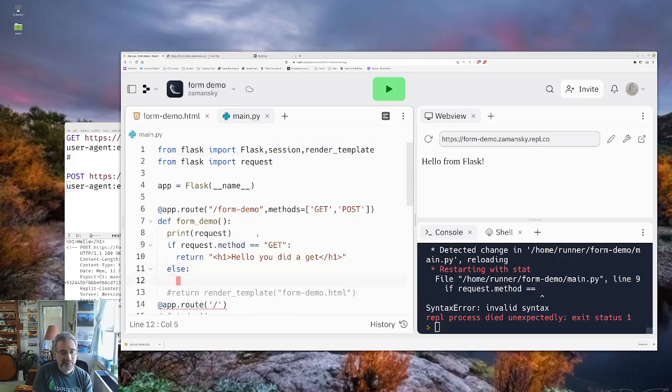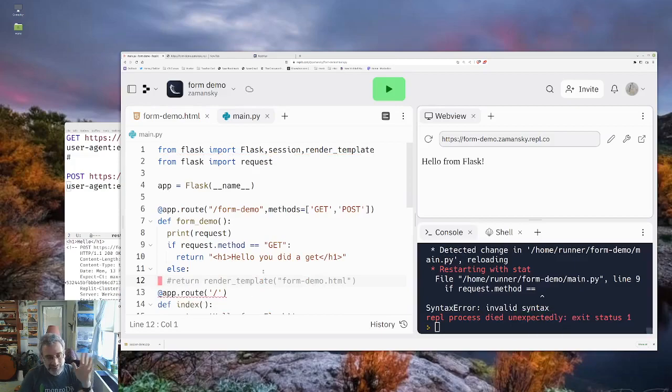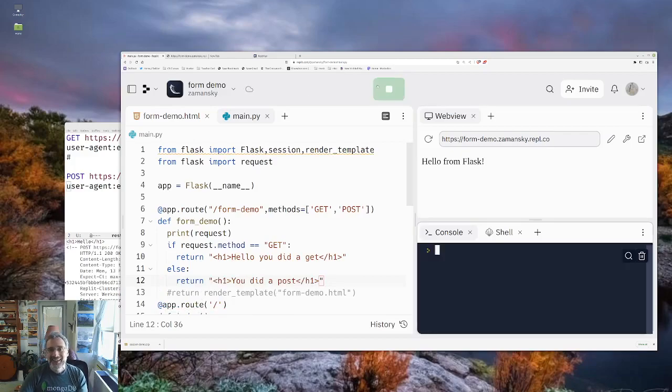Otherwise, you did a post. So let's save that. I hit, actually, let me just undo that. I hit the Emacs save key instead. But now